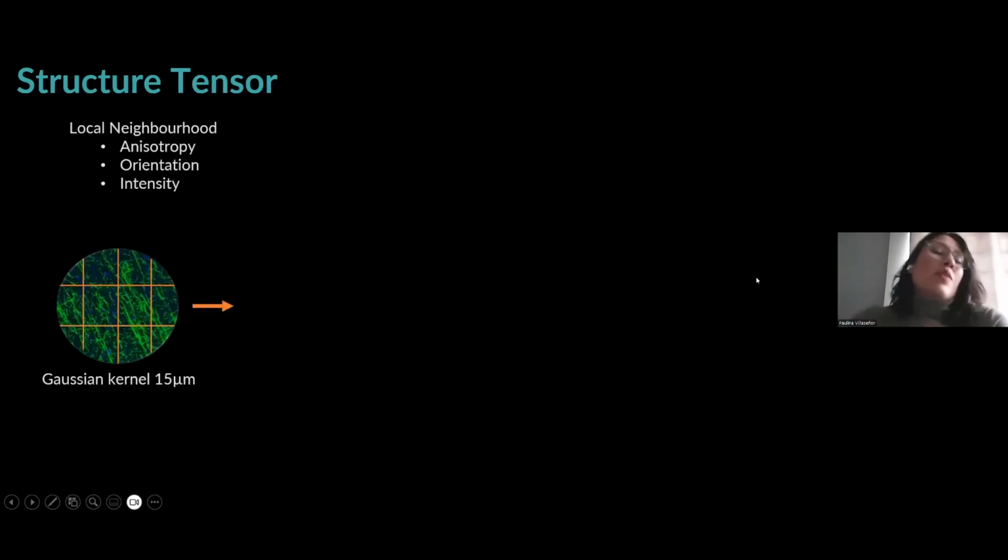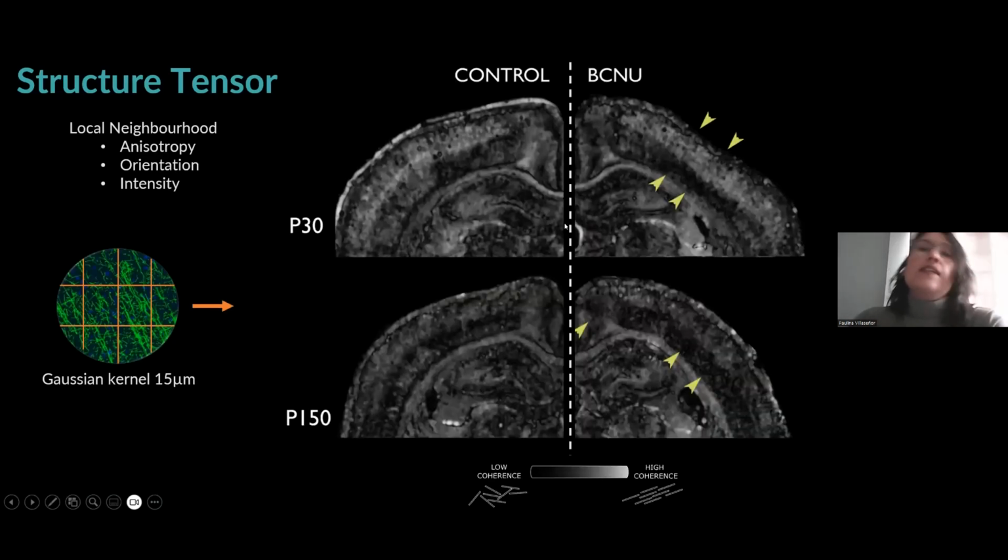And the last thing that we did was structure tensor analysis, where we compute coherency maps based on the local anisotropy, orientation, and intensity from the MVP images. It's taken from the texture of the stains, and this was our result. So on the left-hand side, we see the control rat, and on the right-hand side, we see the BCNU. At 30 postnatal days, the yellow arrows are pointing at this large cortical area displaying